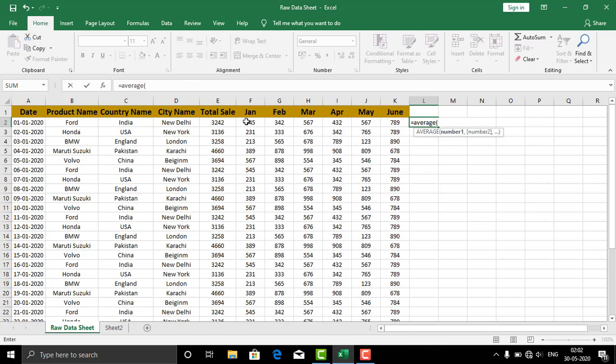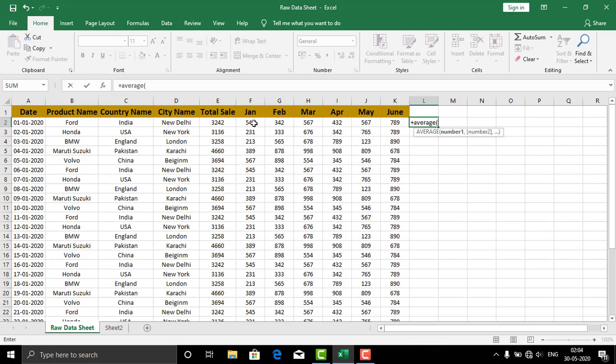Another way is equals AVERAGE and open the bracket. Now select the cell range from January to June with a colon, and close the bracket. Now you get the average sale of January to June, which is 540.333. You can also find the average using this option: equals AVERAGE, then opening bracket. This time you simply write the cell values. I am selecting here the values of 3 cells, January, February and March.